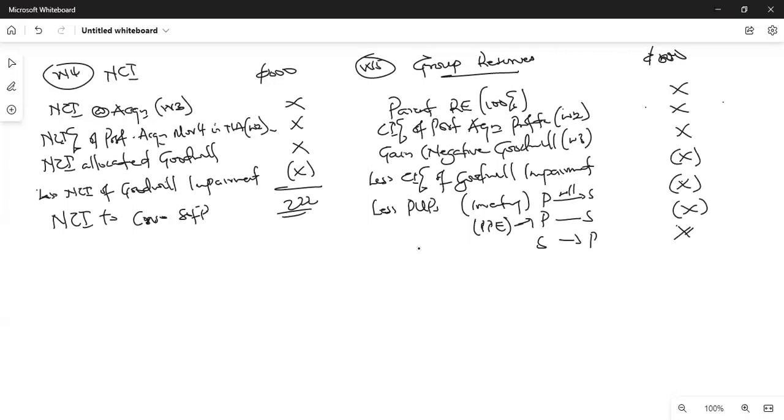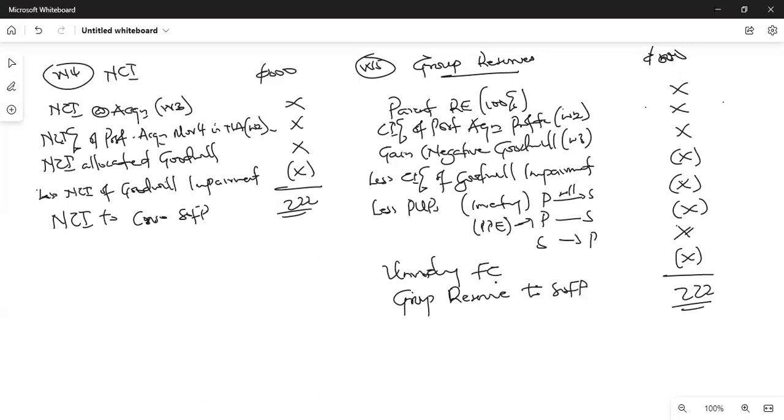And the last thing that you may be bringing here is what we call unwinding finance. Somebody asked, does it come here? It comes here too, depending on how the purchase was developed. So if there is any of such, then you get your group retained earnings or group reserve, which will also go to your SREM. So ladies and gentlemen, these are the 5 workings you need to go through